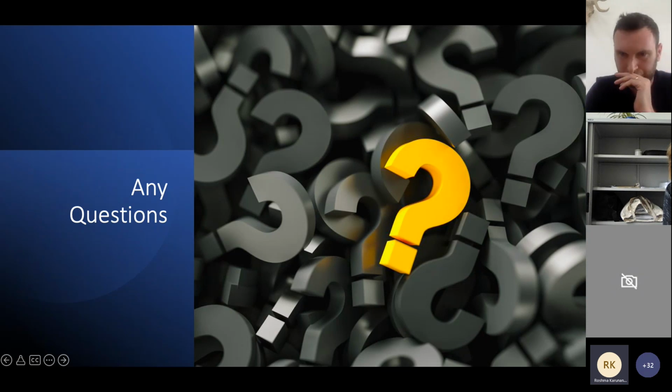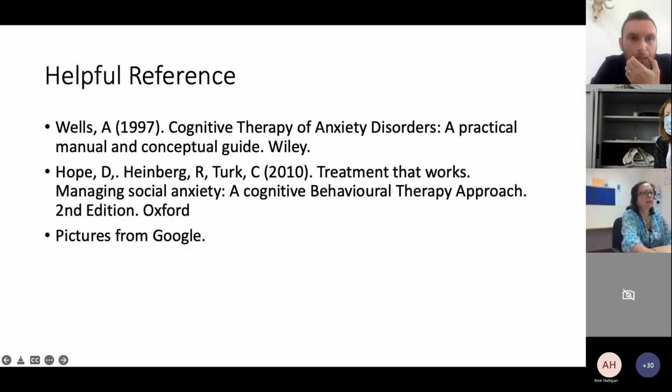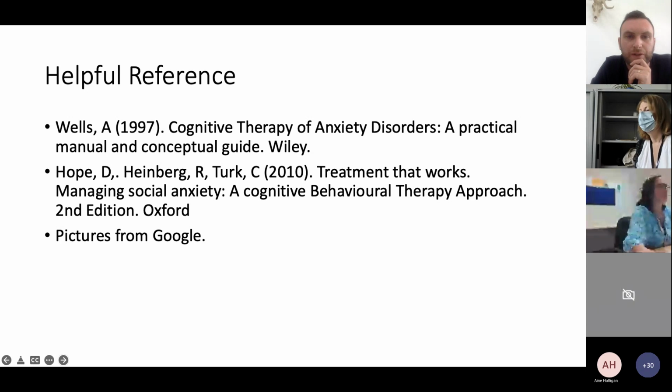James, there is one. I don't know if you've seen it there. It's from Yvonne Doyle, and it's where can you access the CBT worksheets? Oh, yep. Sorry, let me get on to my next slide there. Here we go. So it is Treatment That Works. The ones that I put up there online are from the Treatment That Works series, Managing Social Anxiety: A CBT Approach, and that's in the Oxford manual. This one's very, very useful. The Treatment That Works series is really useful, and these are very practical sheets that the clients can use, and the feedback is quite powerful for it.